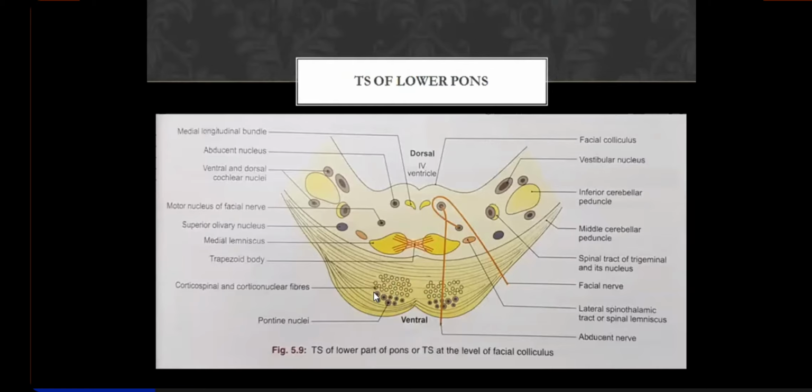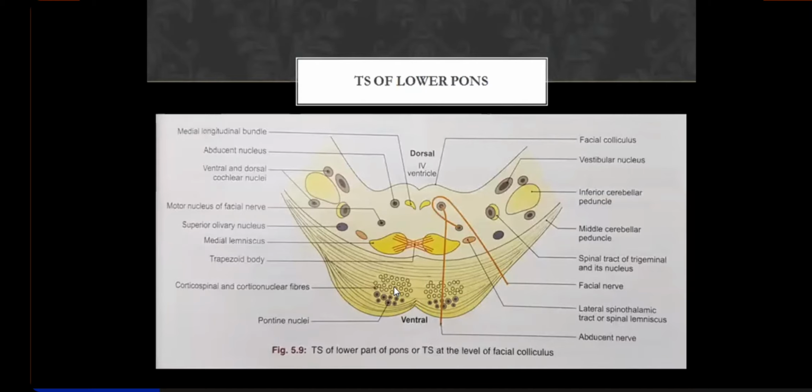So in the midbrain, it was coming down from the posterior limb of the internal capsule, remember. So it was descending down, passing through the midbrain, through the crus cerebri. From the midbrain, when it reaches the pons, it passes through the basilar portion of the pons, and that's why it is bulged on both sides of the cisterna pontis. This is the basilar portion of the pons, where you find the basilar artery running, right? And here is the cisterna pontis.